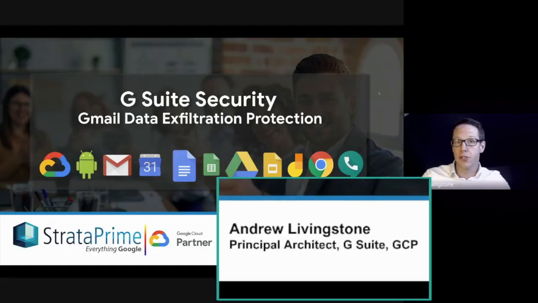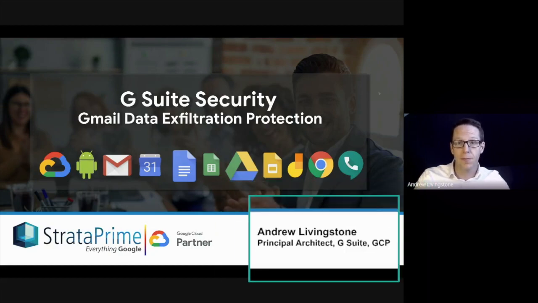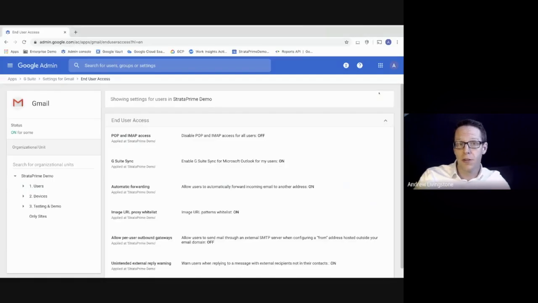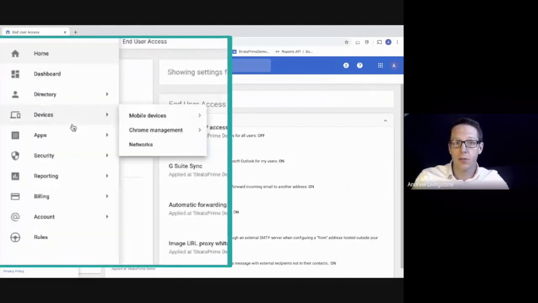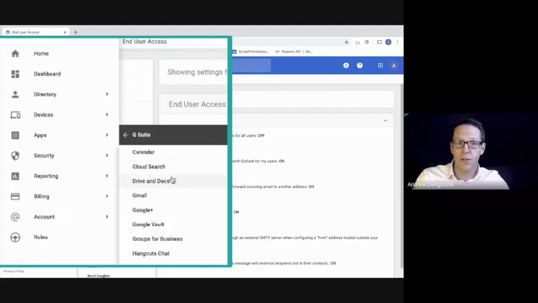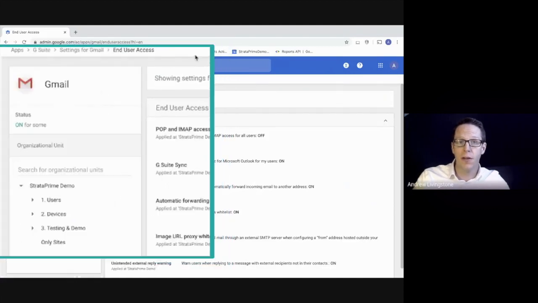In today's session on G Suite security, we'll be covering Gmail data exfiltration and how with a few simple settings, we can prevent it. To work through today's material, you need to be signed into the admin console as a services admin or as a higher privilege such as a super administrator. And you're going to navigate into Apps, G Suite, Gmail, and then from within Gmail into a section called End